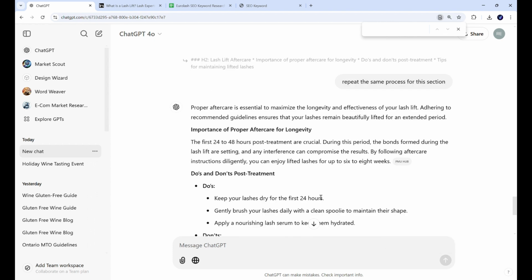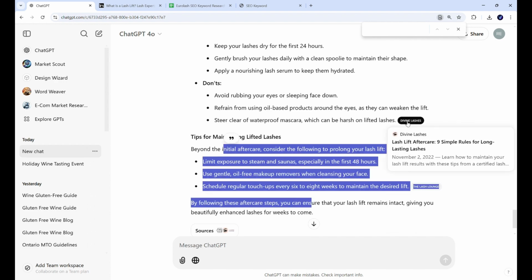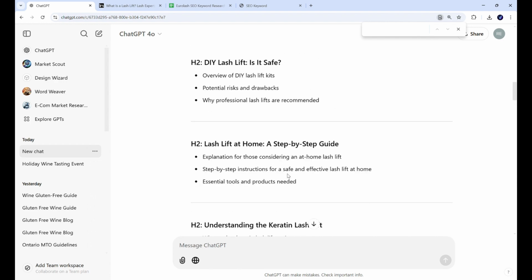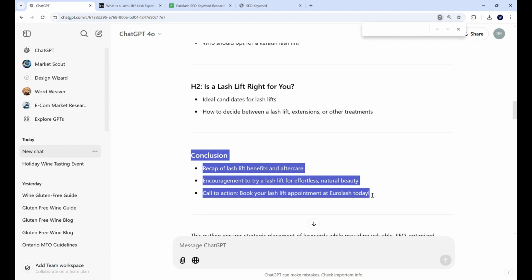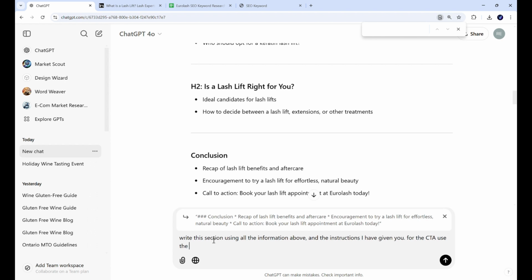So what it provides you is perfect. It's some tips, very high level, and some links which you're gonna use in the blog. So I think that's pretty much it. You're gonna do it for every section, and I'm just gonna do the last one for the conclusion. Write this section using all the information above and the instructions I have given you for the CTA, or call to action, because this is something that can be directly booked, so we can give the link that we want to use. For the CTA, use the following link